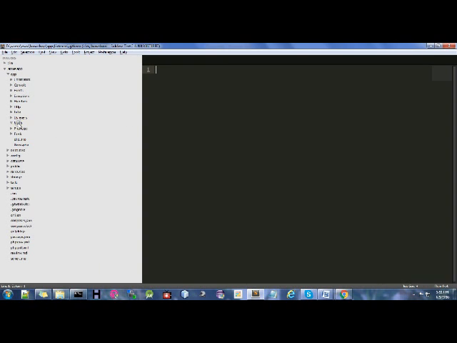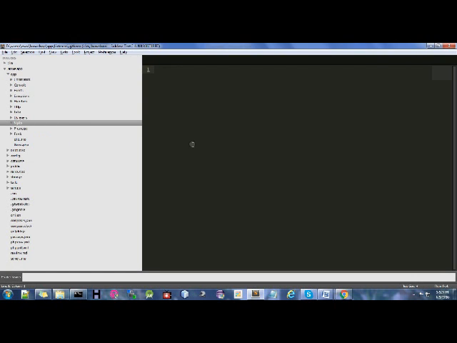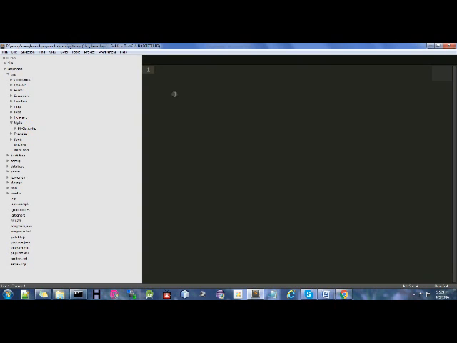In that I'm going to create one class file that I would like to use throughout the entire application. myclass.php, this is my class file. In that I'm going to declare one class, class MyClass.